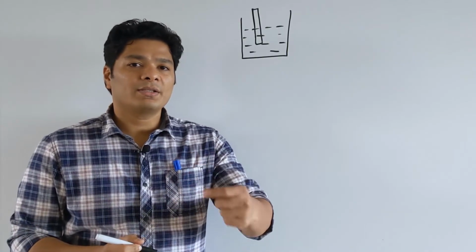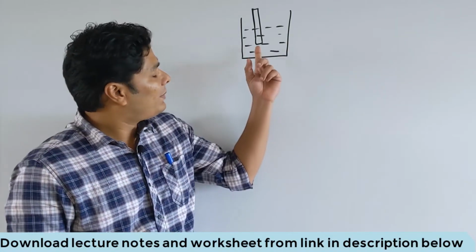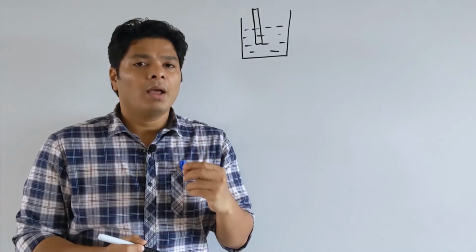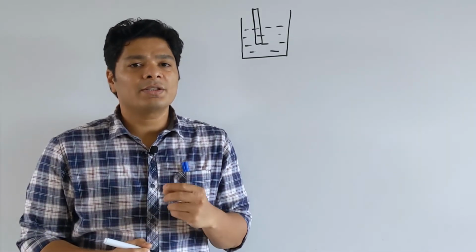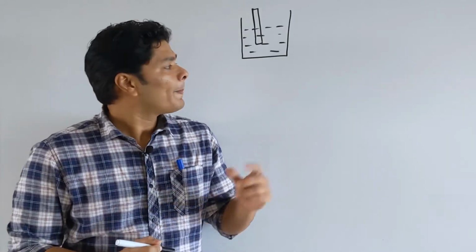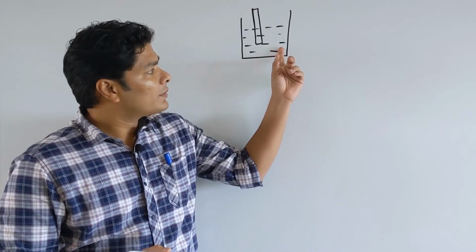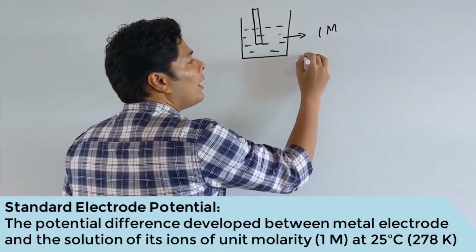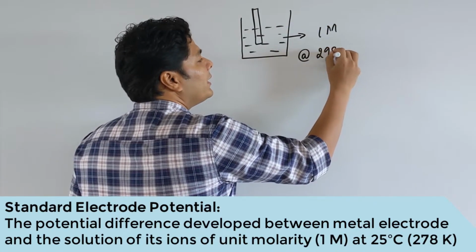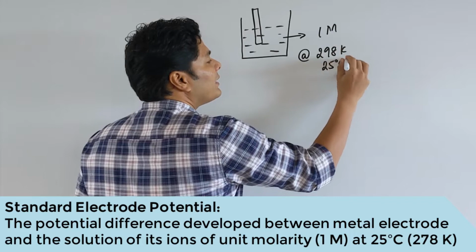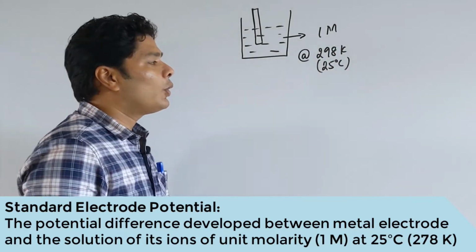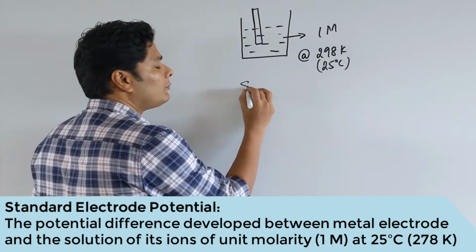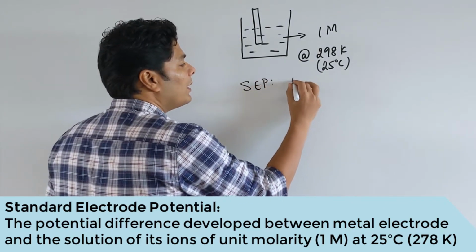When a metal is placed in its aqueous solution, for example, I have shown you a crude example here, a potential difference develops and this is called an electrode potential. Now, when this solution is taken as 1 molar at 298 Kelvin, which is 25 degrees Celsius, then you call that electrode potential the standard electrode potential,